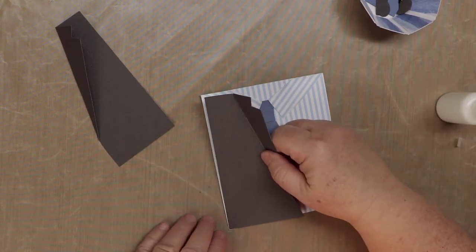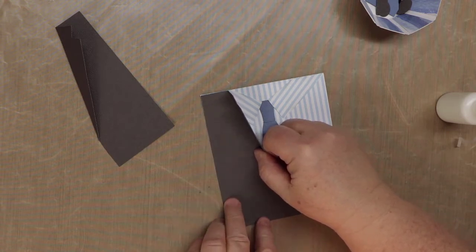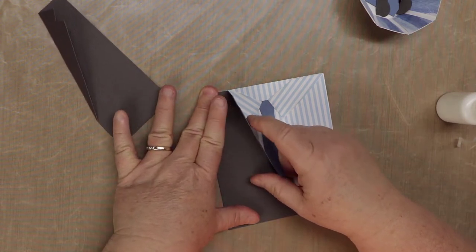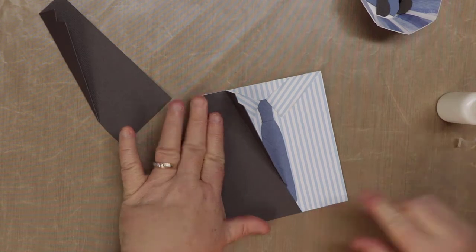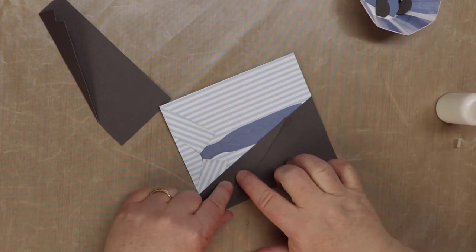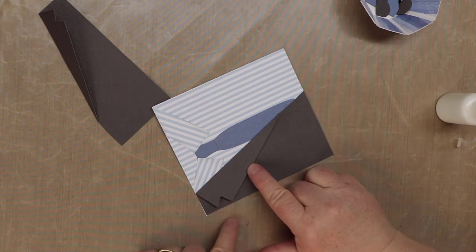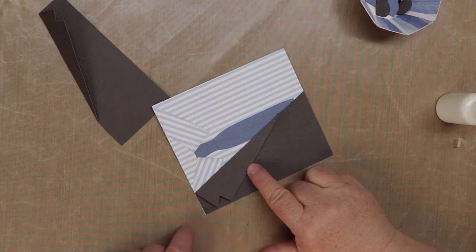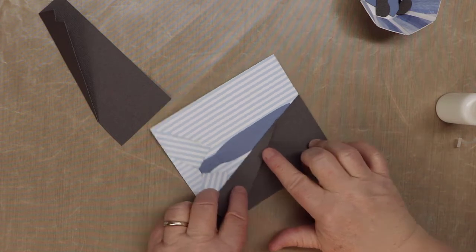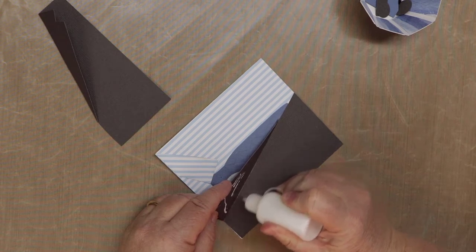So I'm just going to line this up to that bottom and then the left. So at this point, what you could do, and what I'm going to do, is just kind of glue up here. And the reason I'm just going to glue up here is because it'll kind of lift it a little bit. You could always do a pop dot too, so if you did like a little foam tape to give it dimension. But what I found is if I add a little glue up here